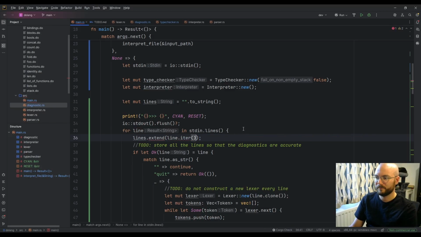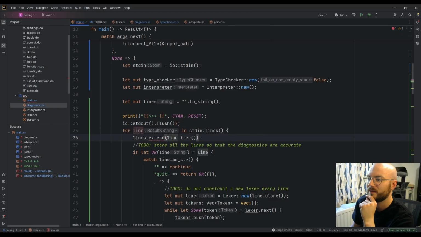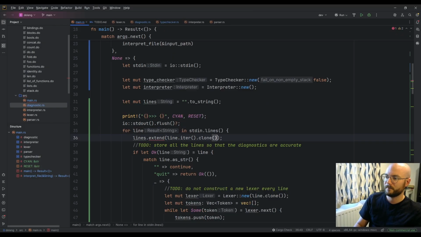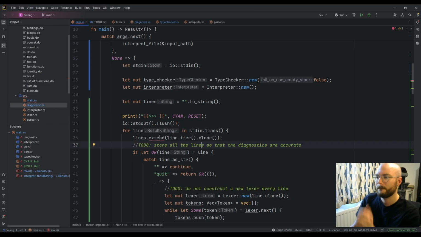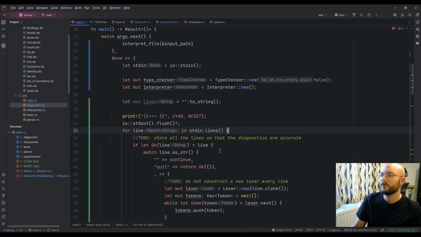What do you want from me? The trait bound String: Extend<&String> is not satisfied. Yeah, that's why I was cloning it. Oh, you're a Result of String.